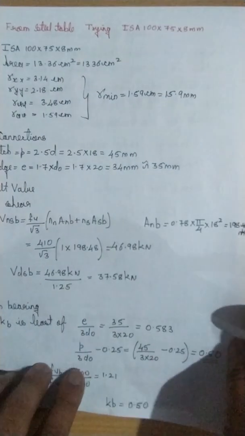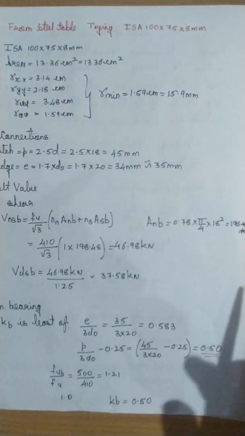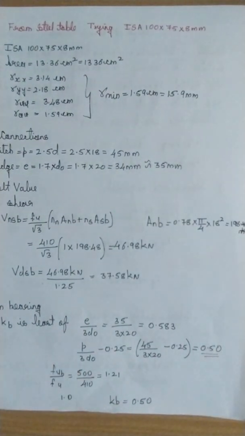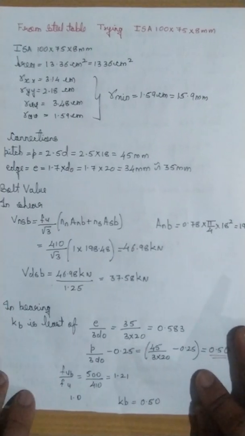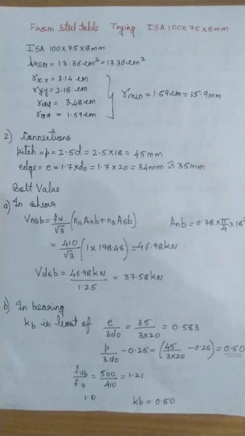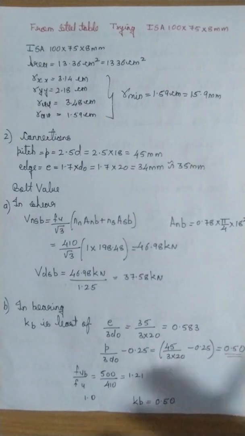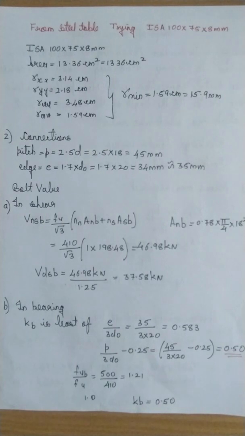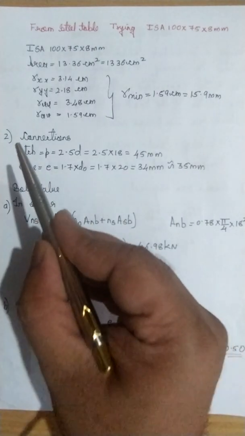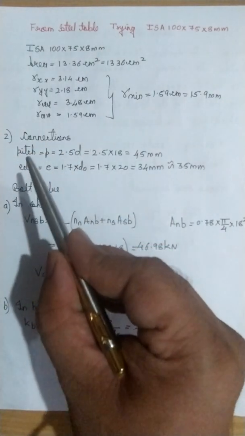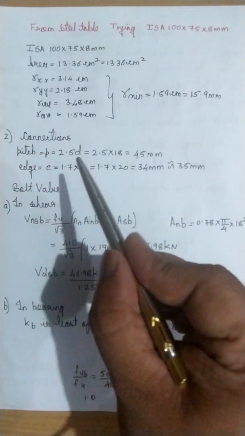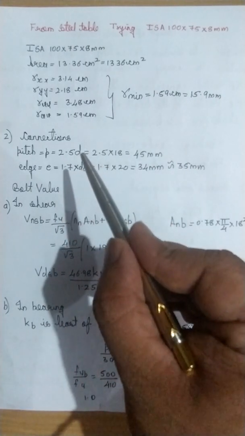Now to find out the tensile strength, we have got a section, but we also should know the type of connection. So in the question it is mentioned that the connection is a bolted connection. So we should have data on how many bolts are placed. To have that we have to calculate the number of bolts. So let us start with connections first. So I found out the pitch, which is 2.5 d, the diameter is given already.